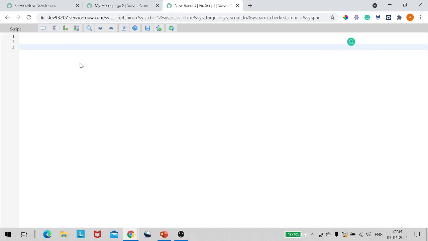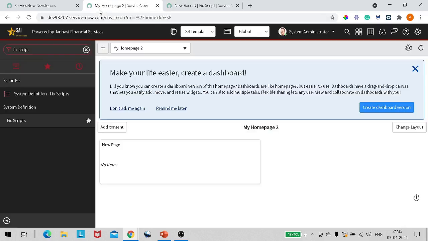So based on the caller, we have to fill the short description with the email ID of the caller. Pretty straightforward. Let's go step by step, and I will try to explain it in a much simpler way. It's not rocket science.